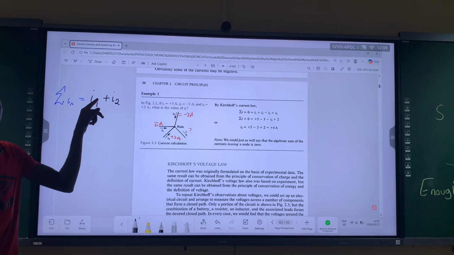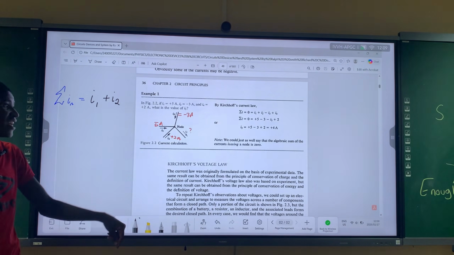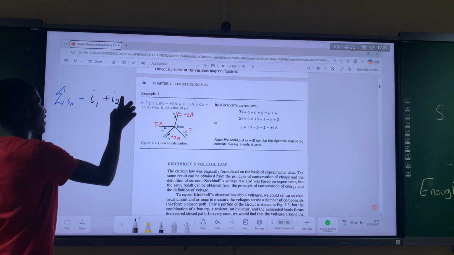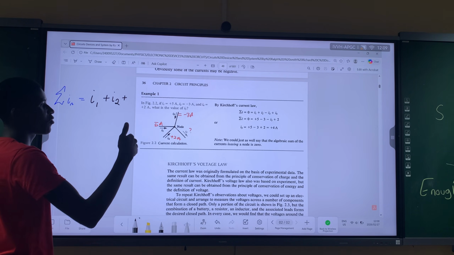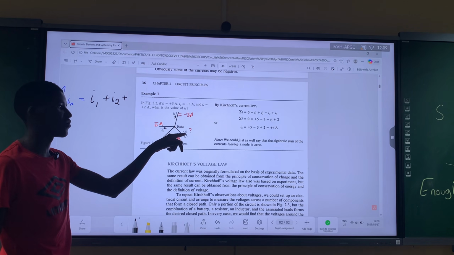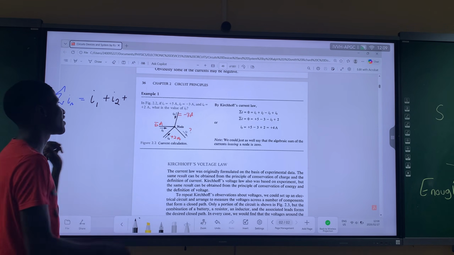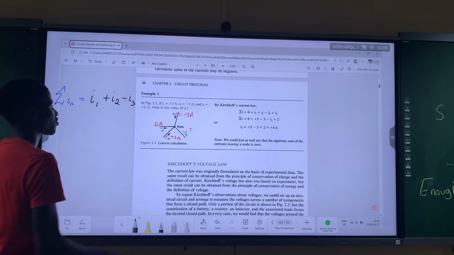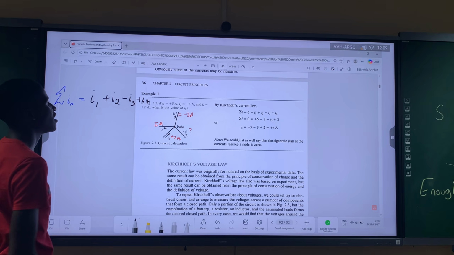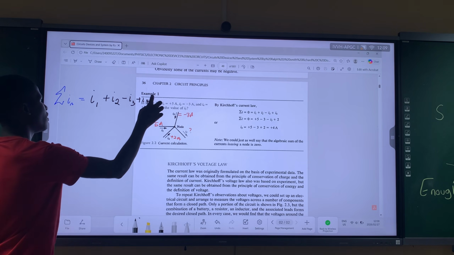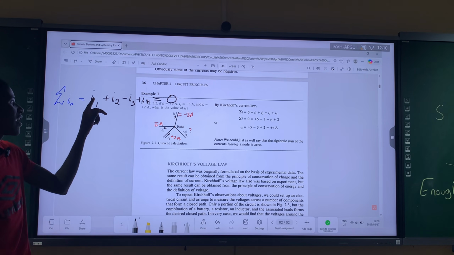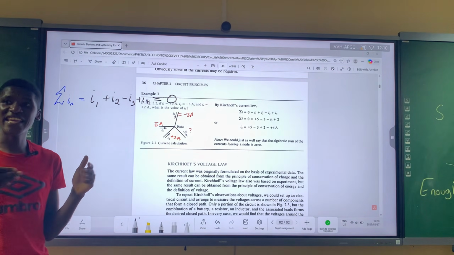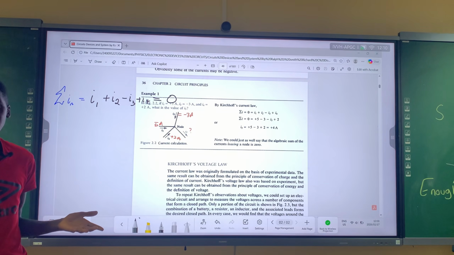You see, the plus comes from here. What does this one do? It enters. And then I4, what does it do? It enters into the node, right? So that's going to be plus I4. Okay, if we want to follow the order I1, I2, I3, what does I3 do? It leaves. So we must make it negative I3, and then I4 enters, so you must make it positive I4. So your Kirchhoff's law expression equals 0, where I1 plus I2 minus I3 plus I4 shows that what enters is positive and what leaves is negative.